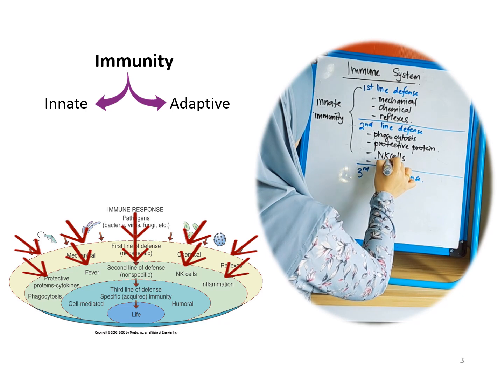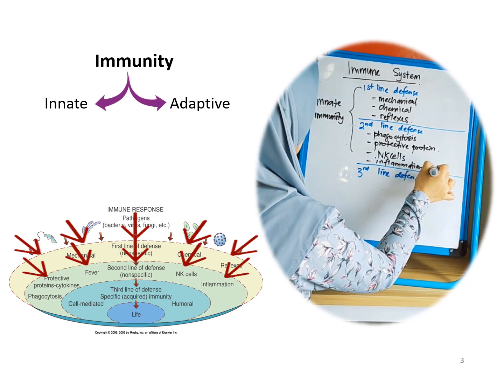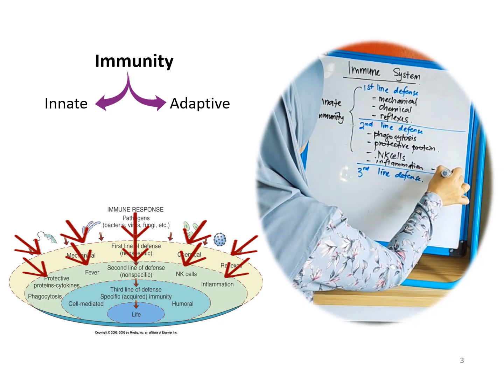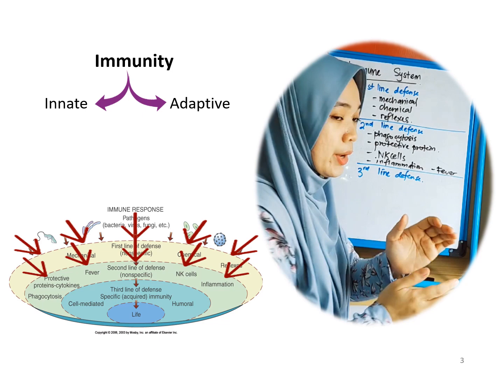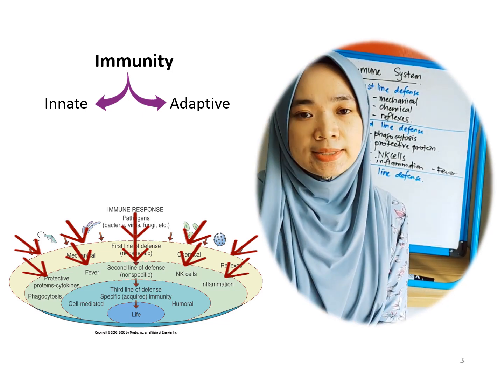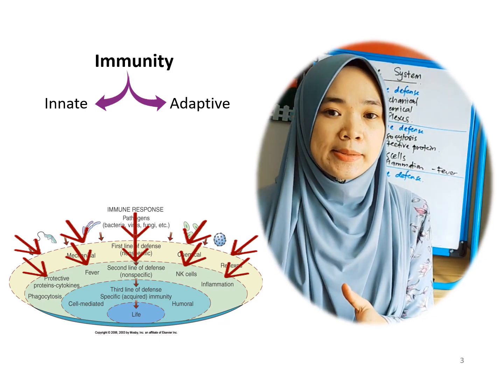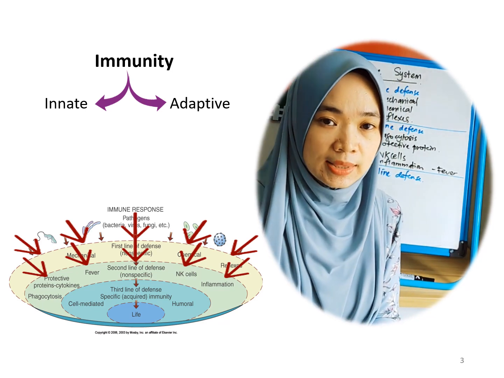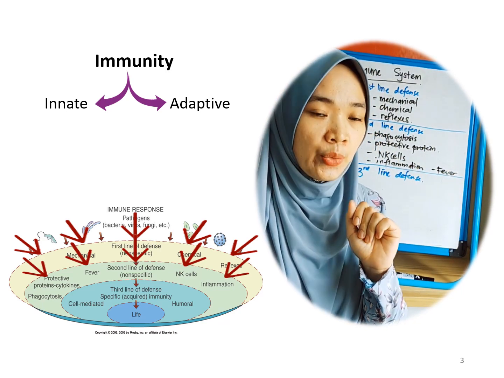We also have inflammation and fever. Okay, so when the first line defense cannot totally eliminate the bacteria or virus from entering our body, we have our second line defense, where